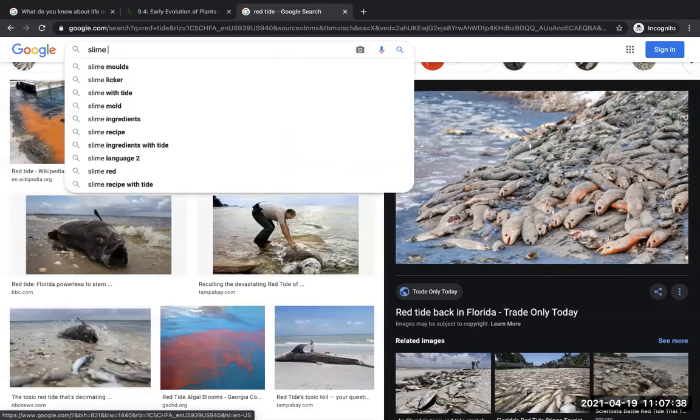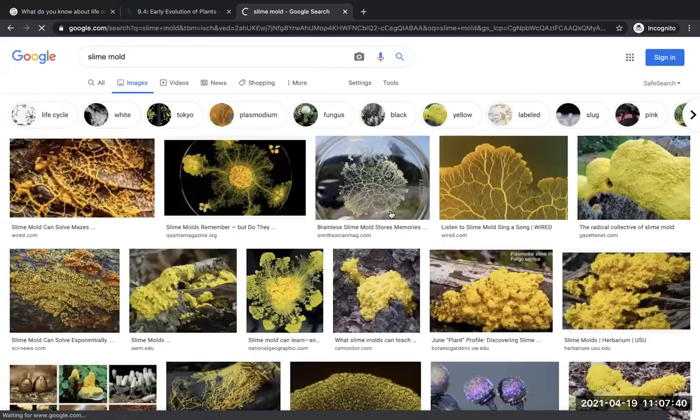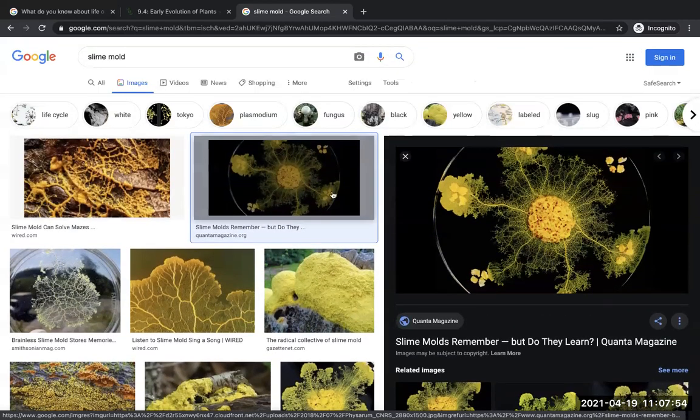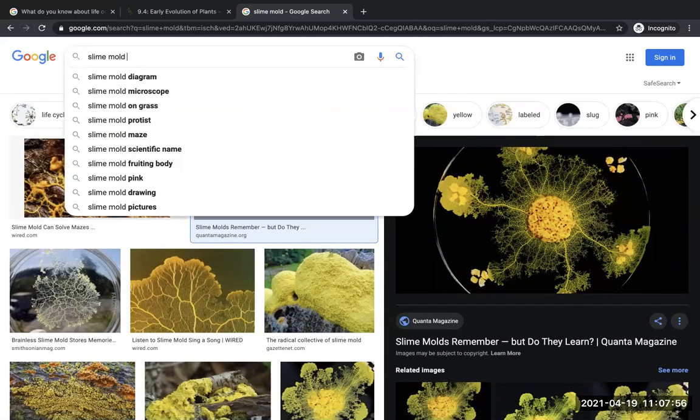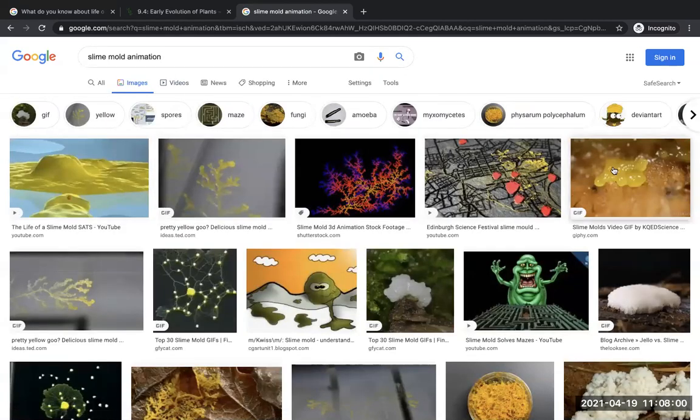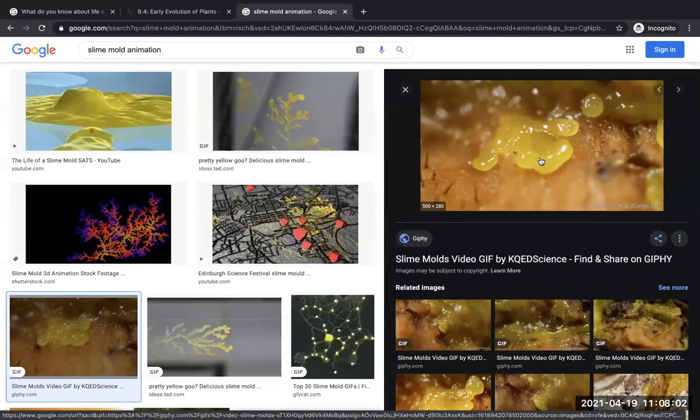Let me show you. So this is slime mold. It looks like it's growing, but it's actually moving. It's looking for food. It has these algorithms. Scientists are studying those algorithms like a computer. Let me see the animation. Here it's going to show that it's moving. It actually moves and looks for food and it's very, very efficient. Here's another one.